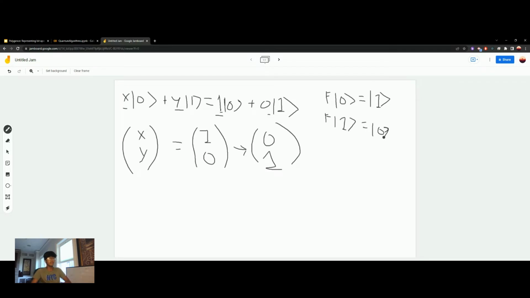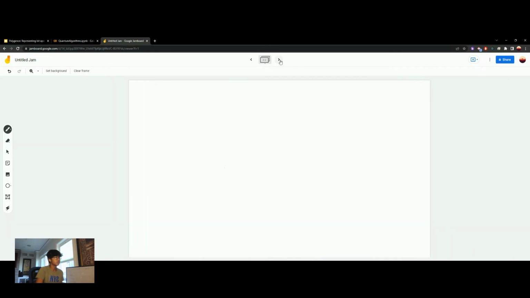Now here's what we're gonna do. Why don't we actually try this out with some real complex numbers? Okay. So let's move on to another Jamboard, and let's grab our pen. All right. Now let's say if we had